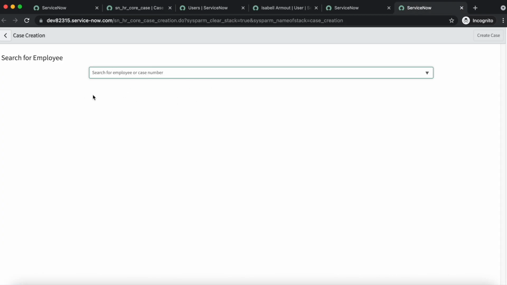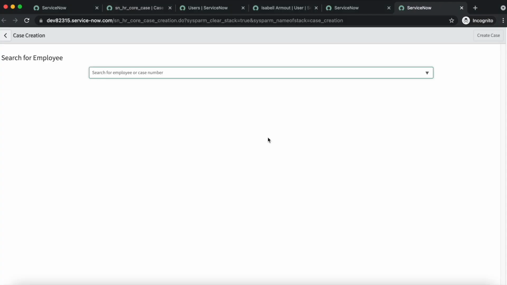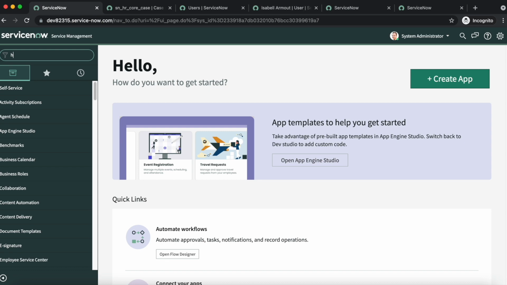here you can see that we don't have that option anymore. Now we have, if you are searching employee with the help of any HR case, only the subject person should be displayed, or you should be able to select only the subject person of that HR case. So let's take one HR case.